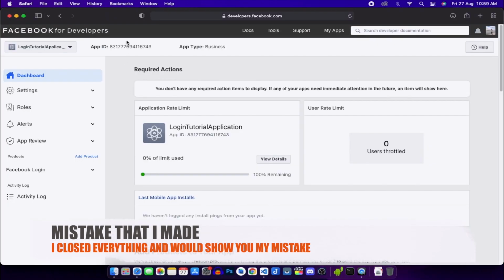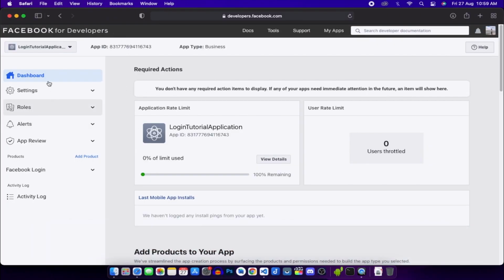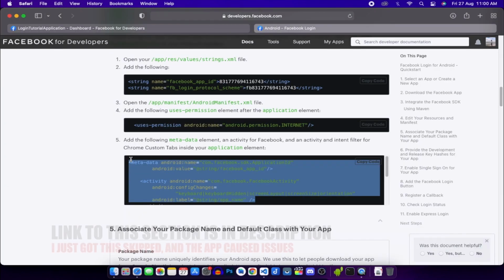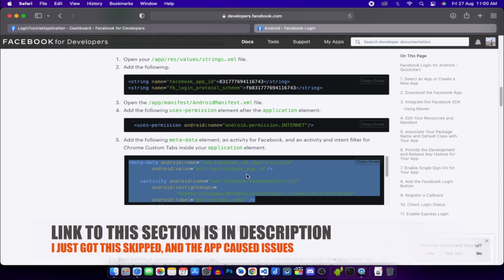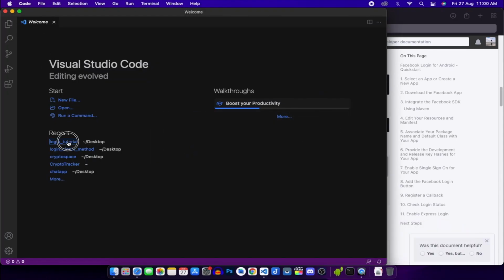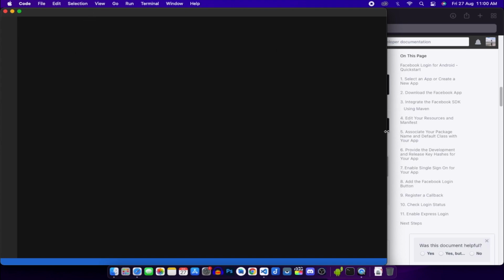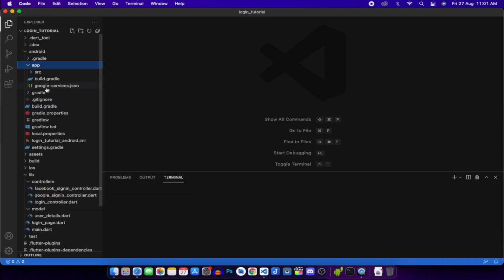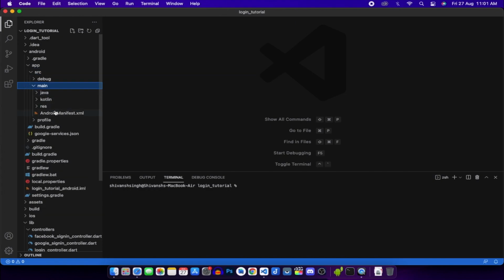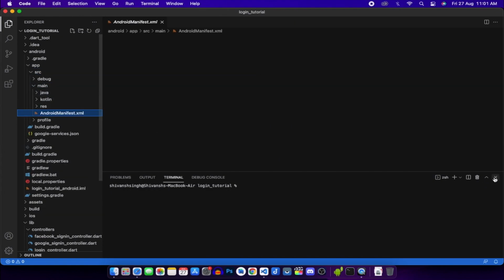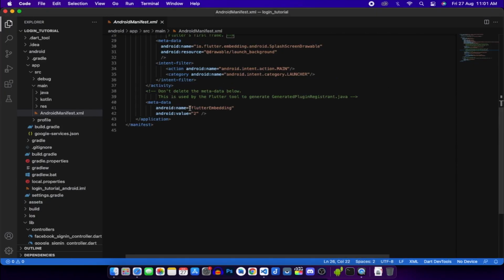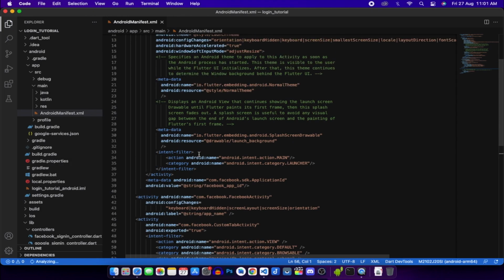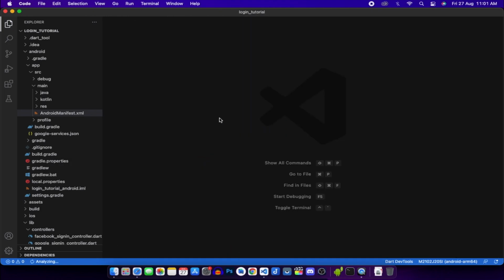Actually I just wanted to show you that we went into some errors, so I just cross-checked my code, and what I found was, here you have to also copy this thing. We copied the internet permission, but we forgot to copy this metadata. Just open up my project again and go to Android app source main Android manifest file. And I'll just close everything up and run the application again.